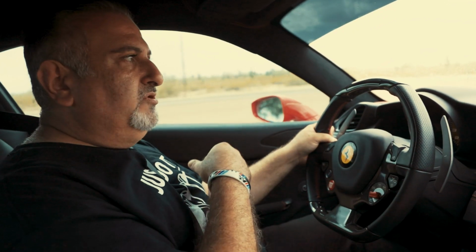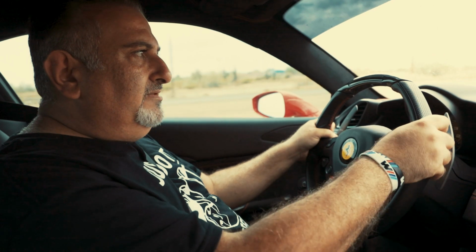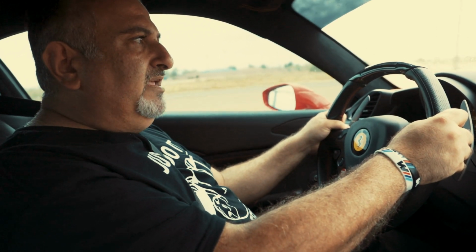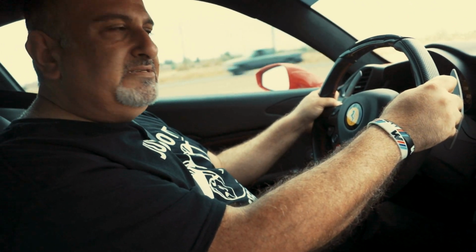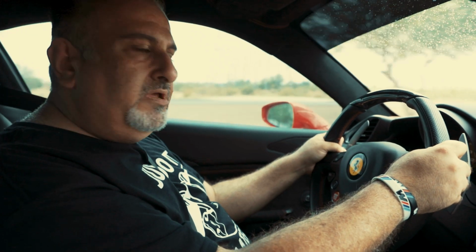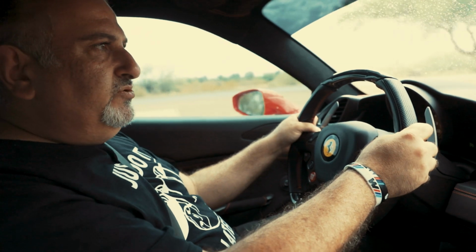On race mode, the tail of this car, you get a fishtail the moment you push your foot on the gas pedal. And this car, because of the power to weight ratio, is made to do that. It has to be able to set some sort of a record on the road, and that's what makes a Ferrari, especially this kind of platform. This two-seater,